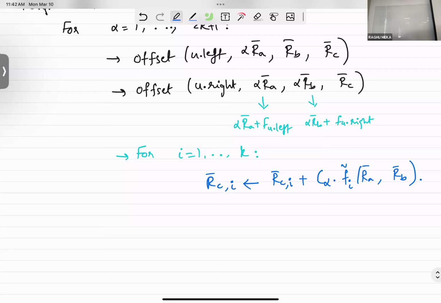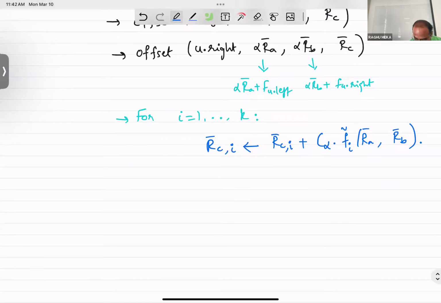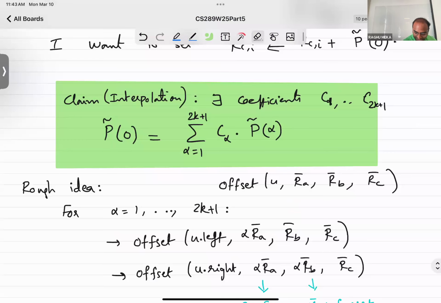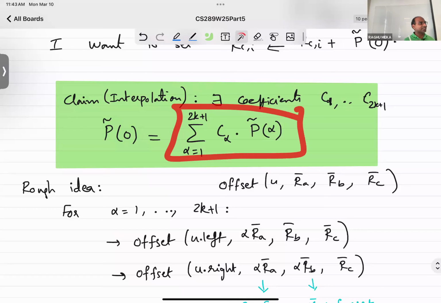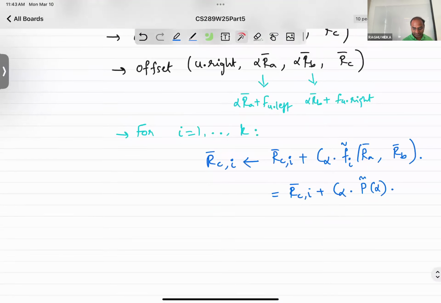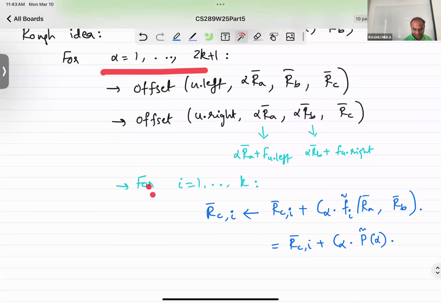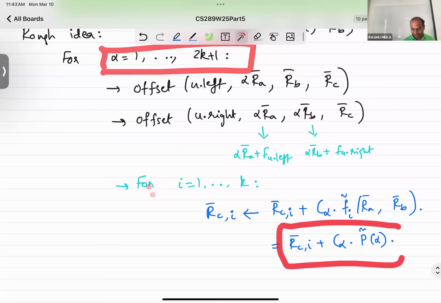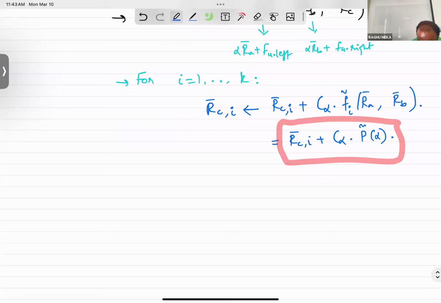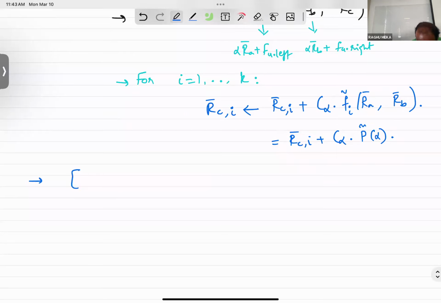So it is offsetting, right? So implicitly, what am I doing here? What I'm doing here is that this is just C alpha times P tilde of alpha. Okay, I'm computing every step of this update one after the other. I don't have to do all of these additions at a time. I just need to add them one at a time. Okay, and when I finish doing this, I'll end up with exactly at the end here, I will have,